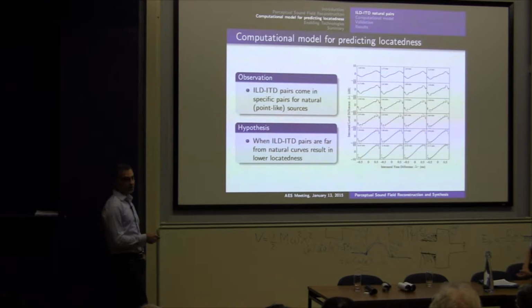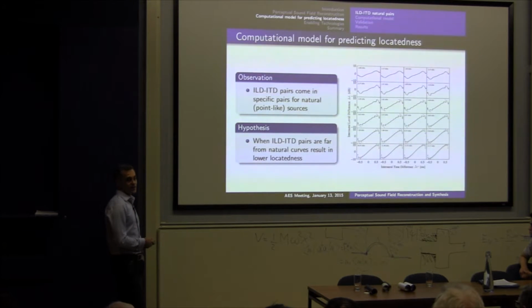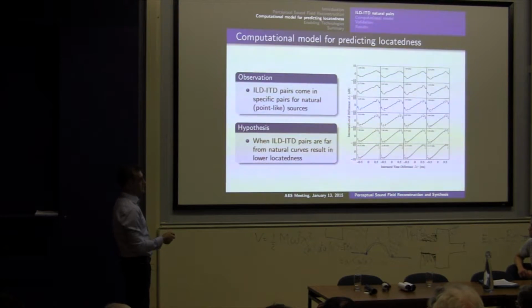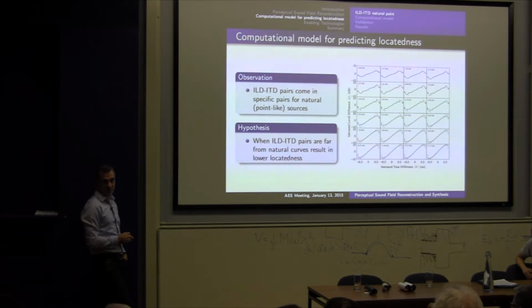Not only are these pairs going to be on these particular curves, but they're also going to be consistent across different critical bands. Now, if we happen to have stereophony, that is, we do not really have one source, but we have two loudspeakers trying to create the impression of a sound in a different direction, somewhere in between, then we are going to have pairs of time and level differences which are not going to be on these curves, and they're not necessarily going to be consistent with each other and coherent across different channels.